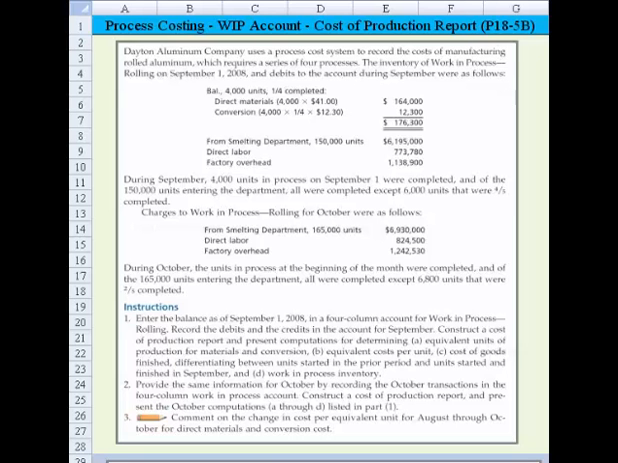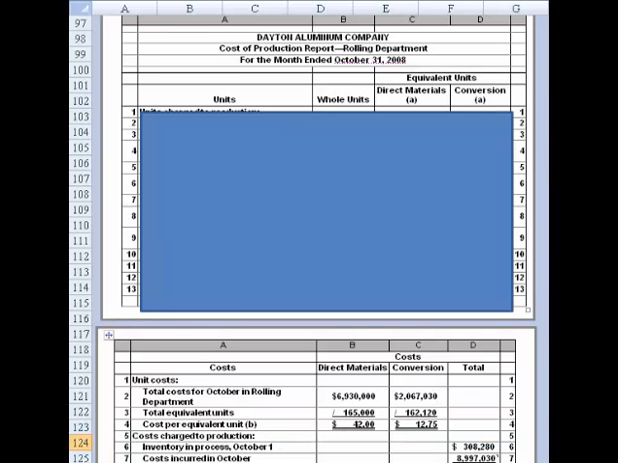Okay, next we're going to provide the same information that we tackled under instruction 1, which is to the left of the mouse. You can see it there. We're going to provide the same information for October. Alright, so here's our October cost of production report, and I'll go a little bit quicker this time because I